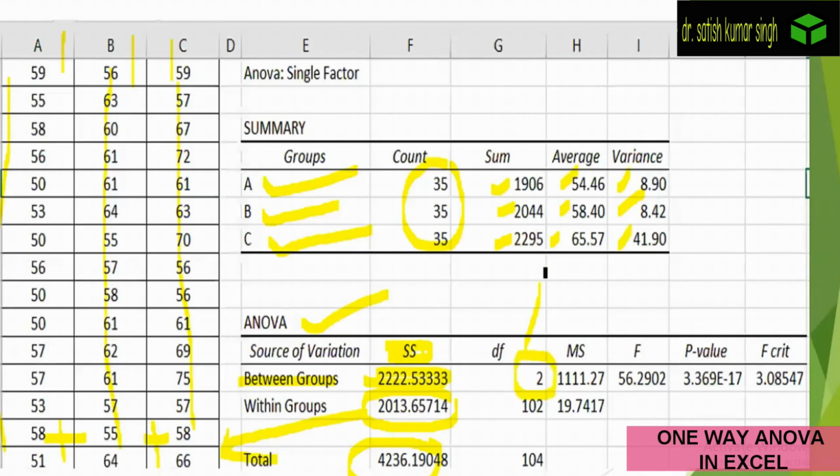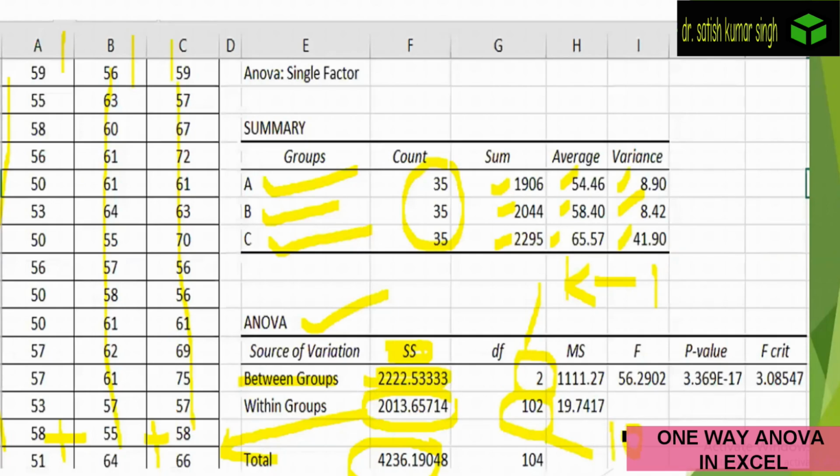Degree of freedom is K minus 1. What is K? We have three groups, that is 3 minus 1, which is equal to 2. Then what is the degree of freedom for within group? Within group, how many cases do we have? We have 35 into 3, 105 cases.